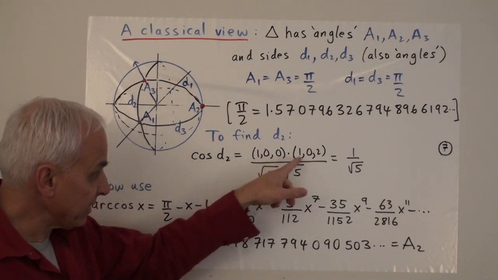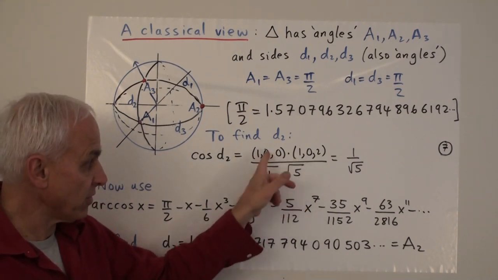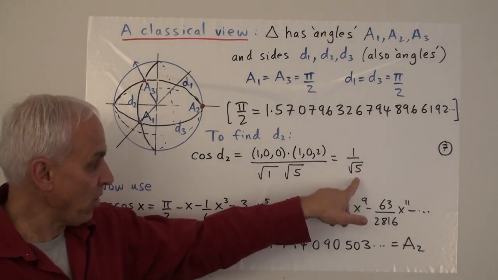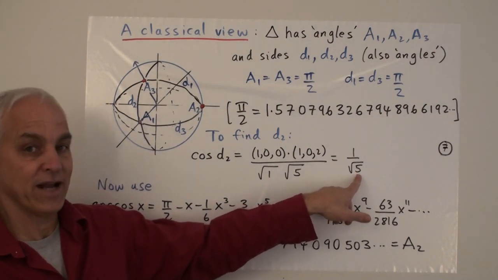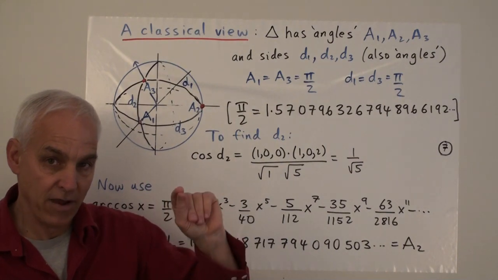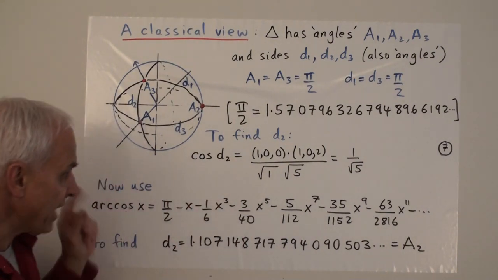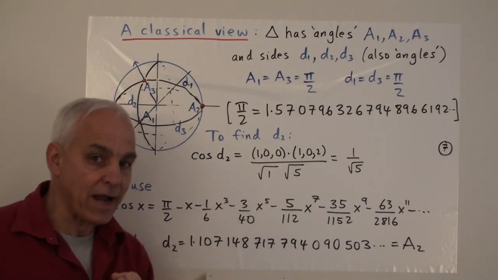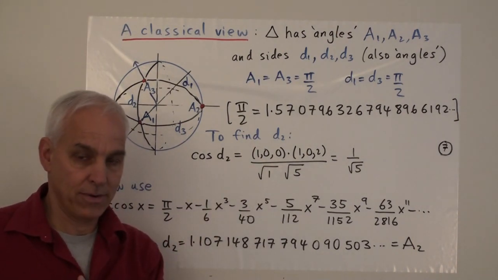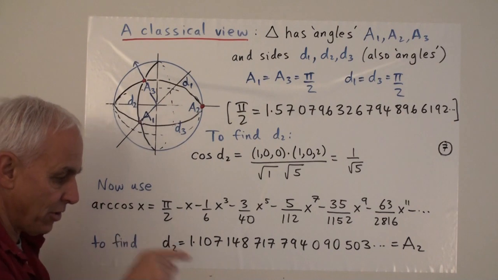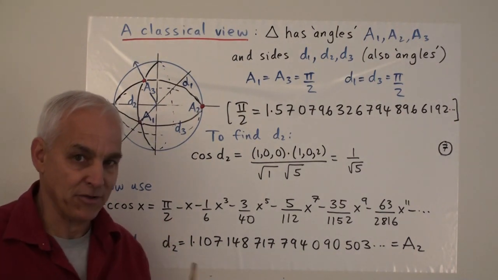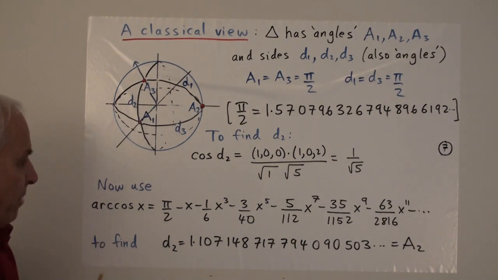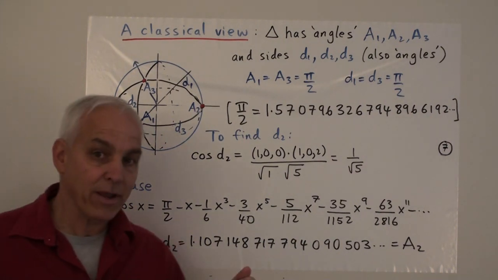Now in order to calculate these lengths, there are square roots involved. So the dot product is simple enough, but there will be a square root of 5. So there's also an infinite process involved in actually calculating that square root of 5. But now the challenging part comes because you have to invert this to actually extract the angle D2. Undergraduates all learn how to press the appropriate buttons on their calculators. They know that there's a cos inverse or an arc cosine button. But what is that button actually doing?